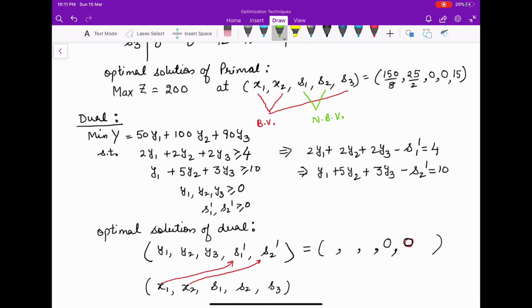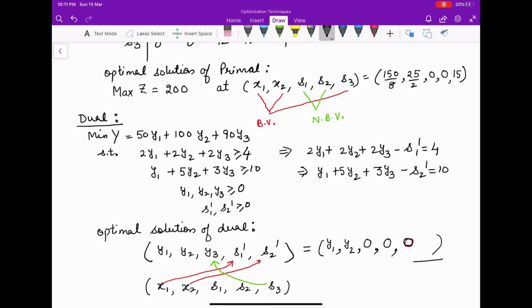If there is some slack variable appearing in the basis, then the corresponding original variable vanishes. So if s3 is appearing in the basis, then y3 is 0. Now the only ones remaining are y1 and y2, and we don't have any relation for y1 and y2. So the red line is due to condition 1, and condition 2 is when s3 corresponds to y3. Once you know that some variables in the dual are already 0,